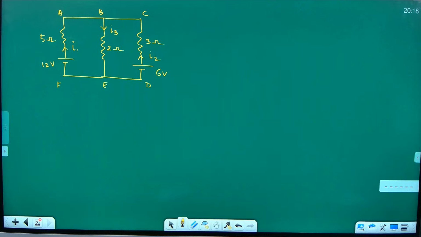Okay. Equals 12, good. Then you have taken T, C, P, E, T. This direction you have taken. So 3I2 plus 2I3. Good. But there are 3 unknowns here. I1, I3, I2, I3. So by 2 you will not be able to get the 5. Okay. Try. Are you getting? You have 3 unknowns. So you need 3 equations for that. Try.